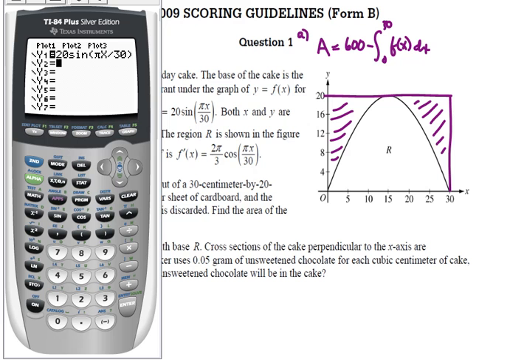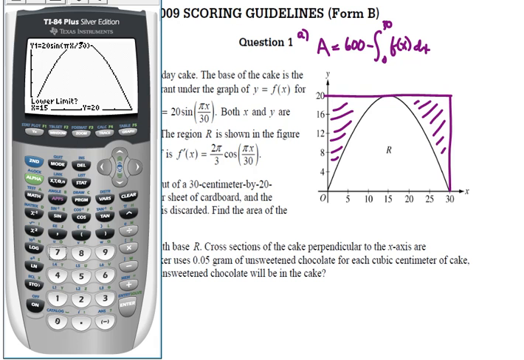And we use our calculator, and here I have that function entered as y1. If I wanted to see it, I would need to set up my calculator window to be exactly the same as the graph on the screen. So I'd go to Window, and I have it here already, from 0 to 30 for x by 5s, from 0 to 20 for y by 4, and I go over and graph, and I already had that integral showing up from before. Now it's cleared out, so I'm simply going to second calc 7. I'm going to go from 0 for my lower limit up to 30 for my upper limit, and presto, I get